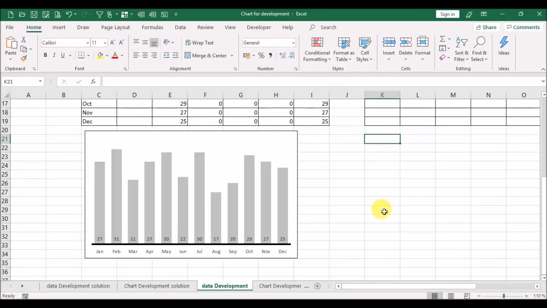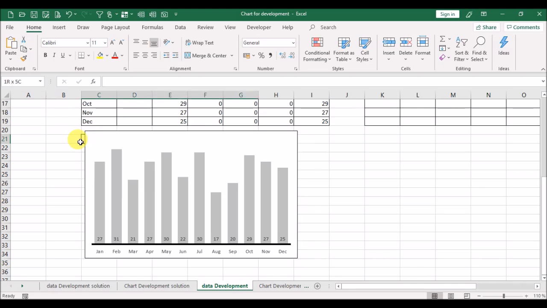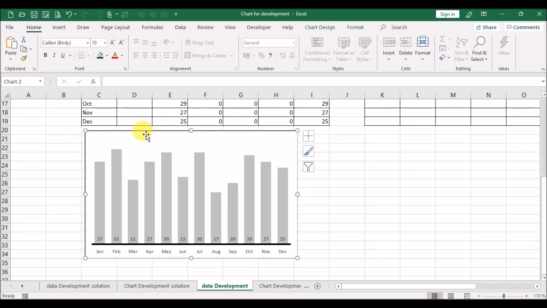In this video we will create the chart for the positive deviations. In the first step we will place our chart with the last year values in the cell C21 until J33. In this case we mark our chart, then press the Alt key and press the left mouse key here